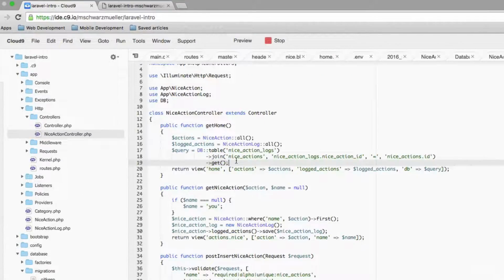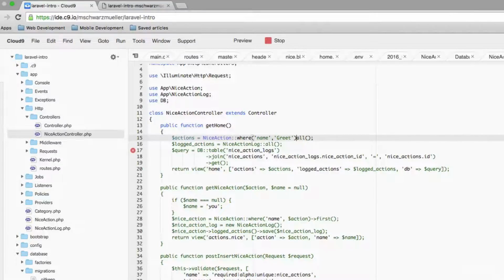One more thing. The query builder has a very similar syntax to our Eloquent way of querying data or getting data. So most of the commands we have here, we can also use here with Eloquent. That means if we specify where clauses here, which we don't as of now, but we will in the next video, we can also specify where clauses here. For example, let me just do this right now. If we specify a where clause here that we only want to get actions which, let's say, have a name of